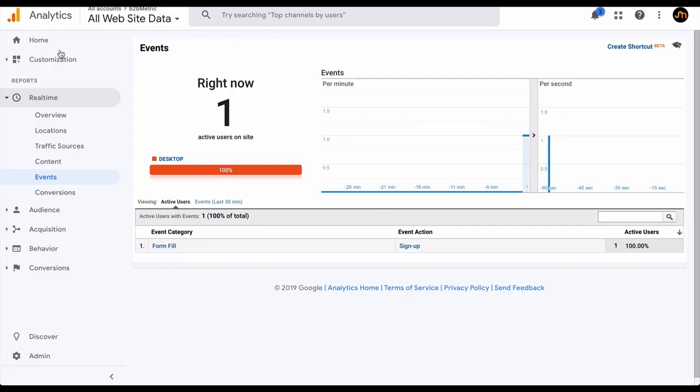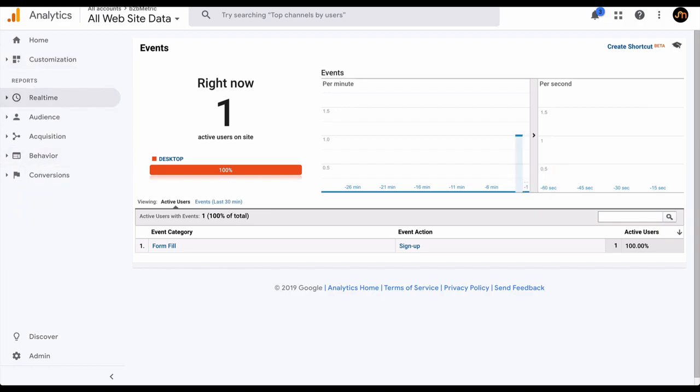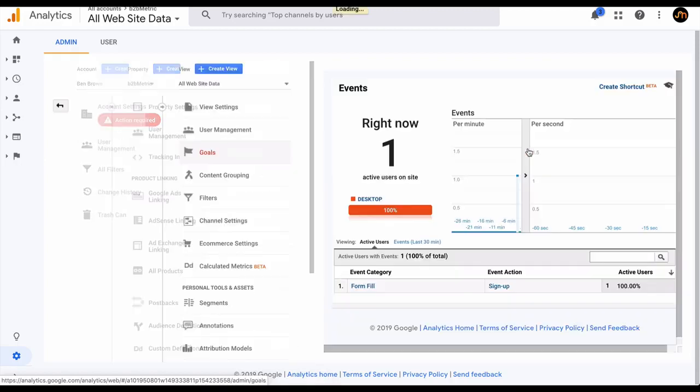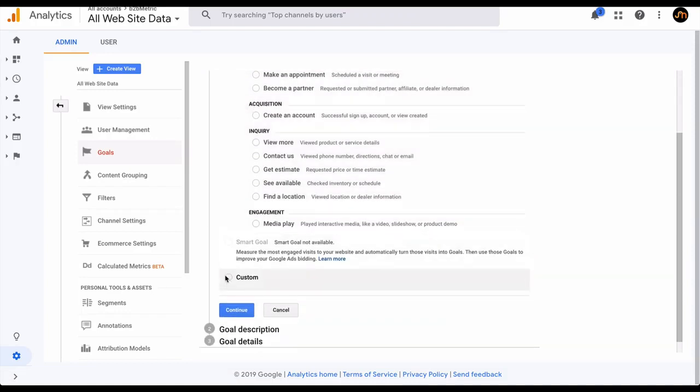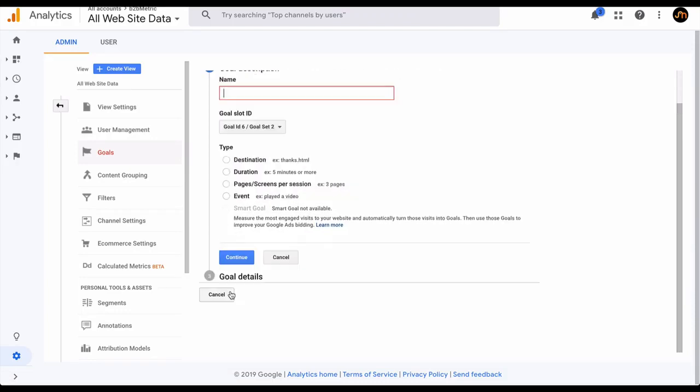Now, one step further, if we want to then go and create a goal, which uses this trigger, so then we can actually go and look at reports which say, we've got X amount of goals last week from people signing up, and this is the channel they came from. Was it paid? Was it social? Was it organic? You can then just go on to admin, goals, new goal, custom, let's call it form fill newsletter sign up, use an event,